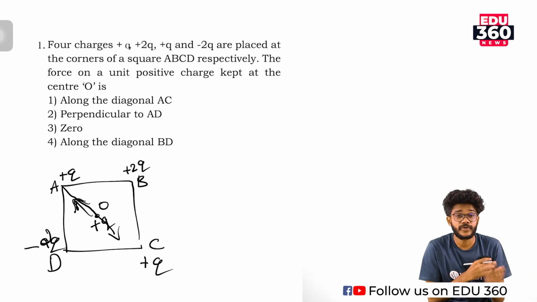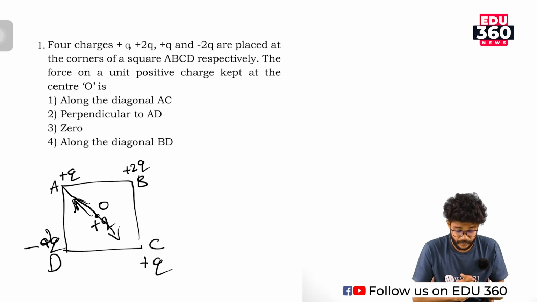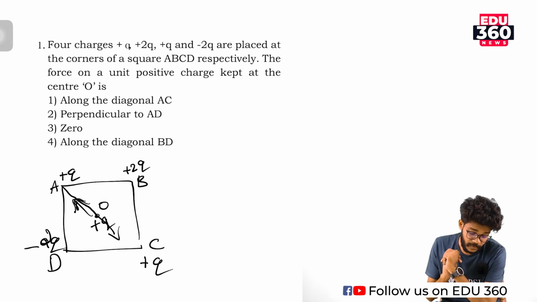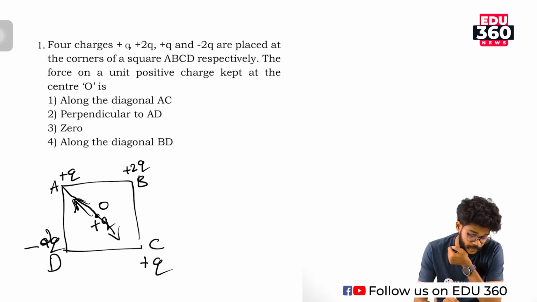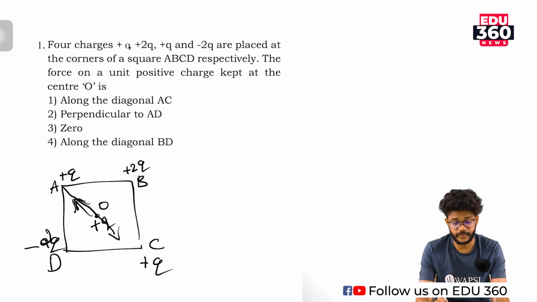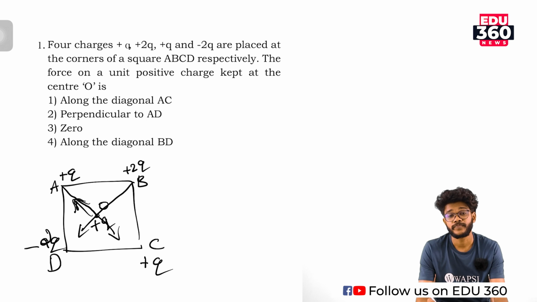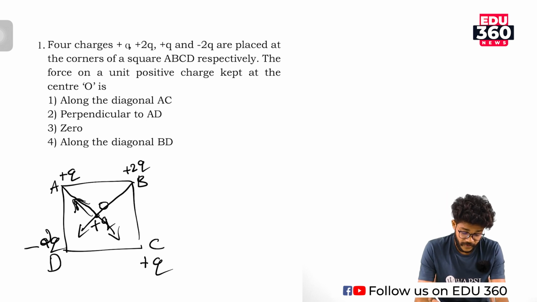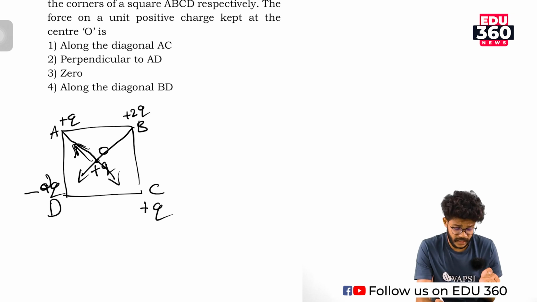So there is no net force along the A direction and along the C direction from O. And from O we want to calculate the force towards B and D. So from O, B is repulsive because O is a positive charge and B is a positive charge. So from B to O, this is a repulsive force. And from D to O, that is an attractive force because